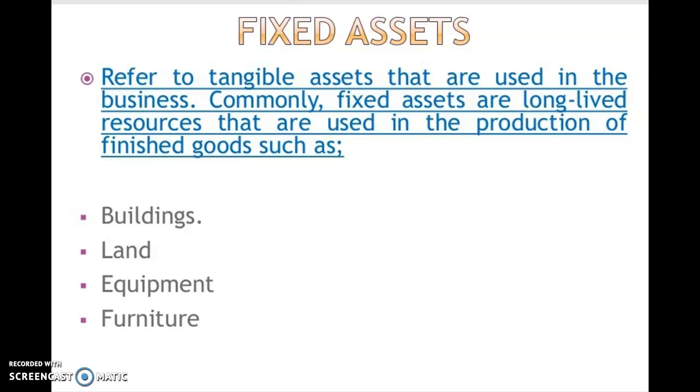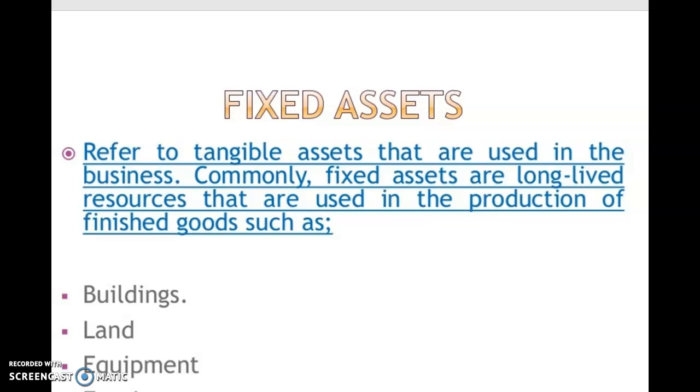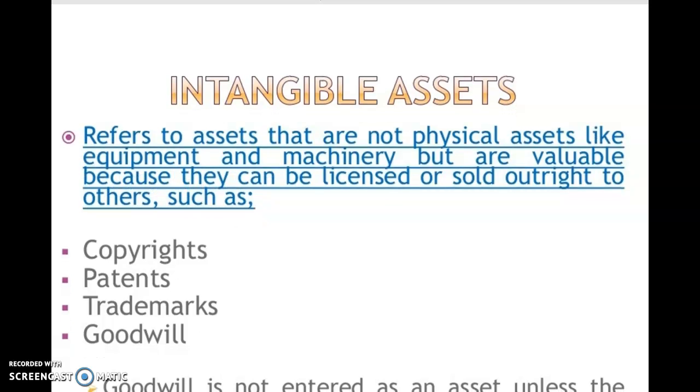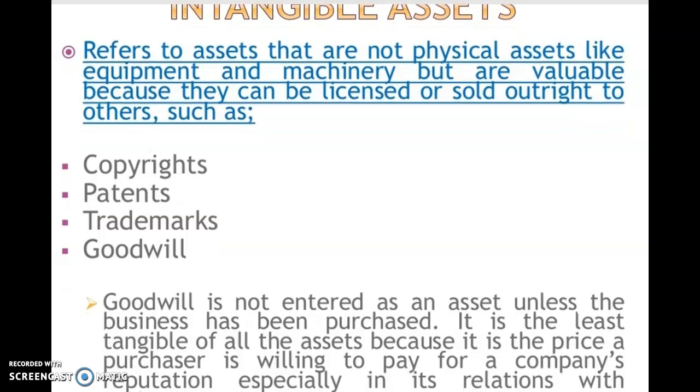Examples are building, land, equipment, furniture. The second category of asset which is known as the intangible assets. Now intangible assets here means all the assets which are intangible, which do not have any physical existence. For example, copyrights, patents, trademarks, goodwill, but they are having the market and they can be sold in the market